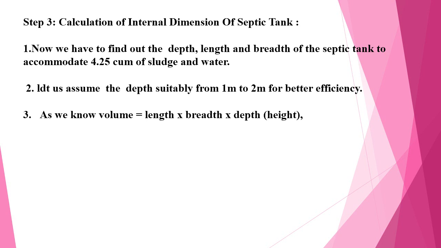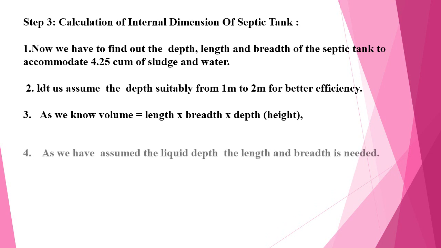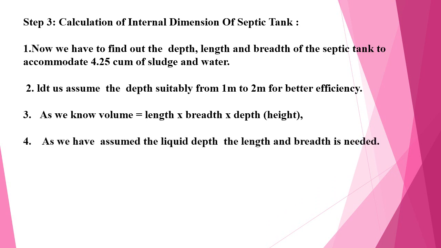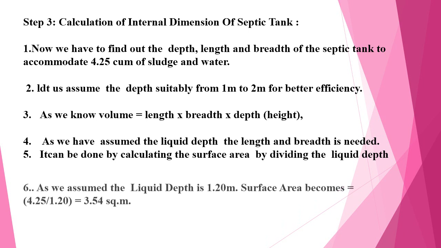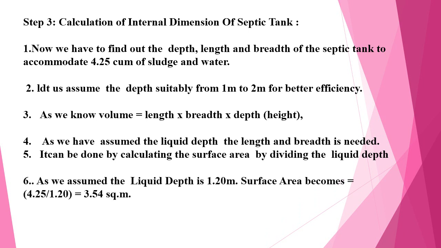As we know, volume is equal to length into breadth into depth. We can assume the liquid depth, and the length and breadth are needed. This can be done by calculating the surface area, dividing by the liquid depth, which means 4.25 divided by 1.2 will